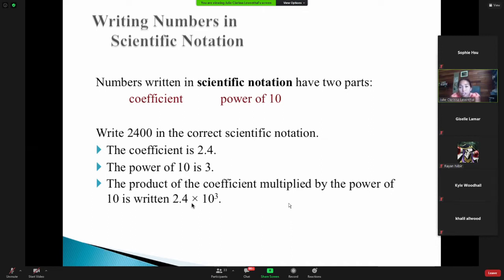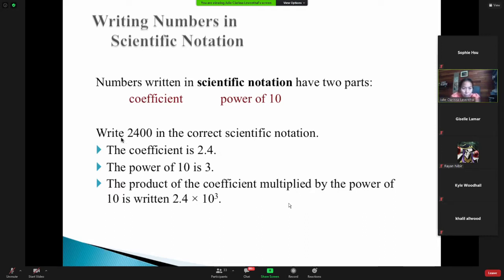But the standard way is that your base number, the one before the times, should be a number between 1 and 10. So 1 to 9, that's your standard convention, and then times 10 to the whatever. So here our example is